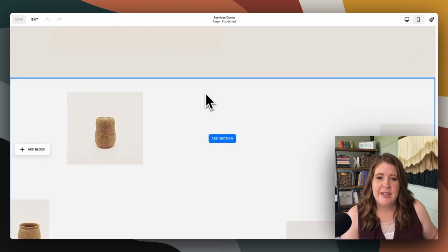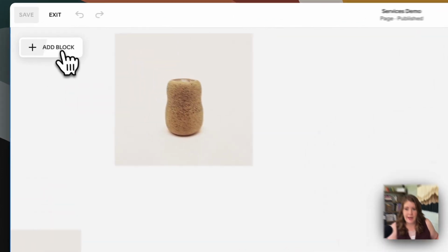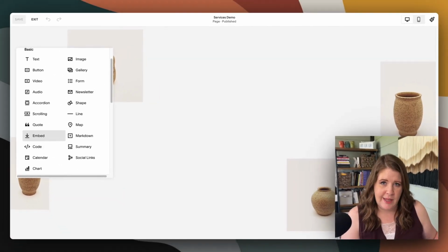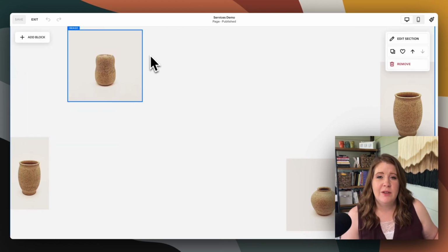First of all, you need to have a general idea of where you're going to put this thing and what it's going to be for. How you actually do that would be to add a block and choose embed most likely, or a button that has a link to a full page cart that is not on this page. So either one of those options will work. Squarespace is perfectly capable of handling that without using a lick of code that you have to write. So now that you know that,